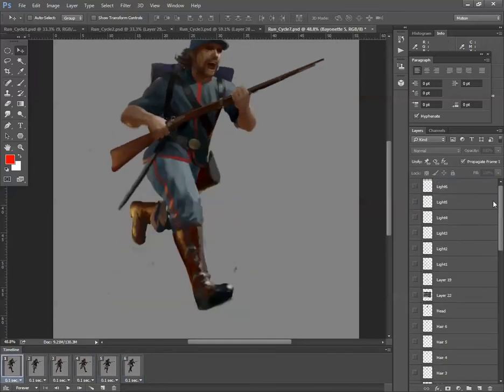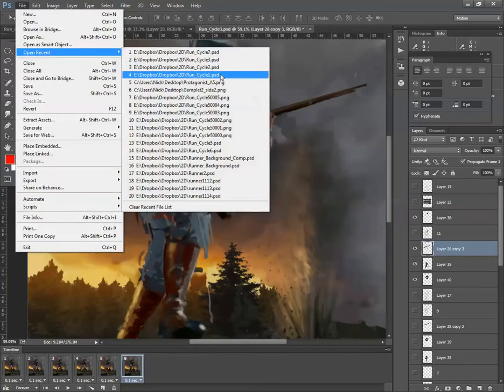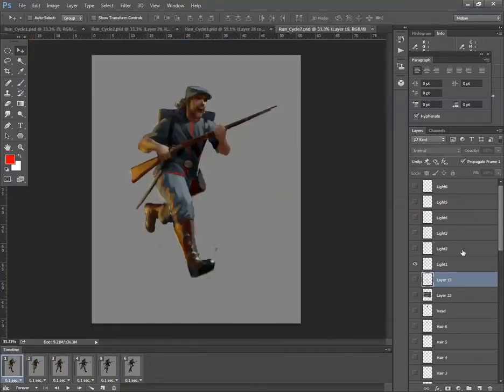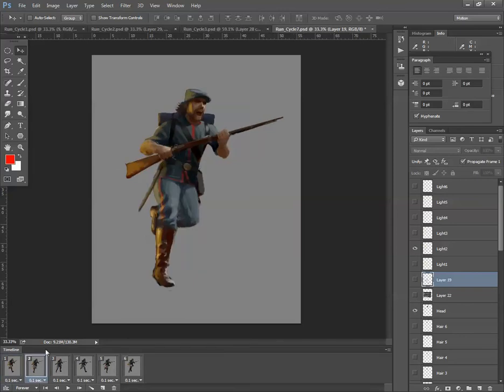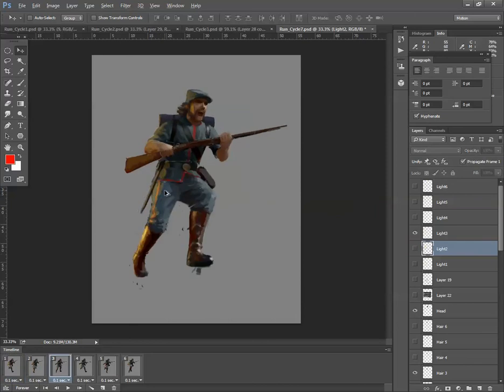The other thing that I've done is I'm just going to reopen this run cycle, because I also added in some lighting, which I'm going to use later. It's on a separate layer. The blending mode is screen. I've changed the opacity down to 38, and on each layer I've painted in a lighting